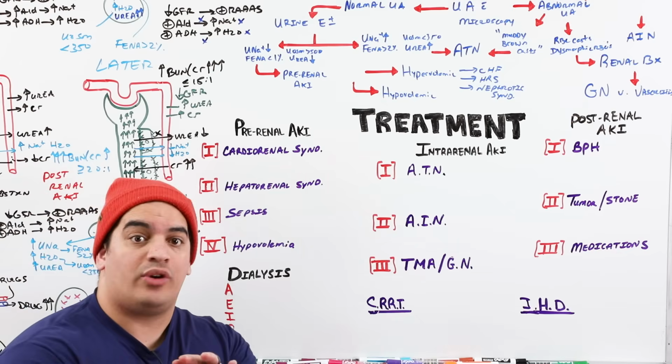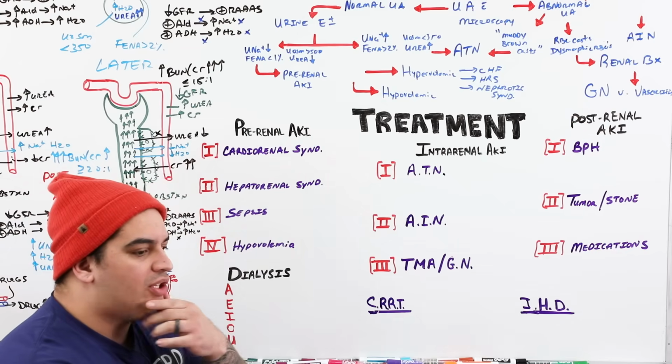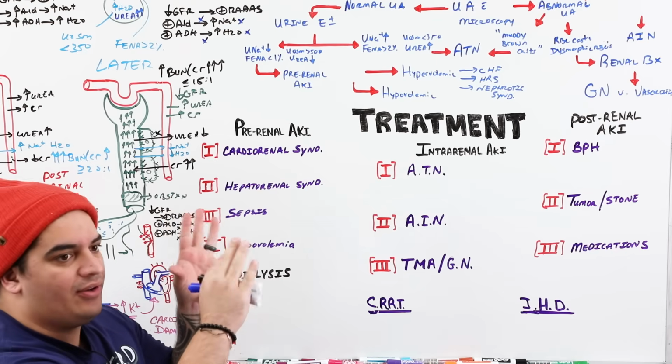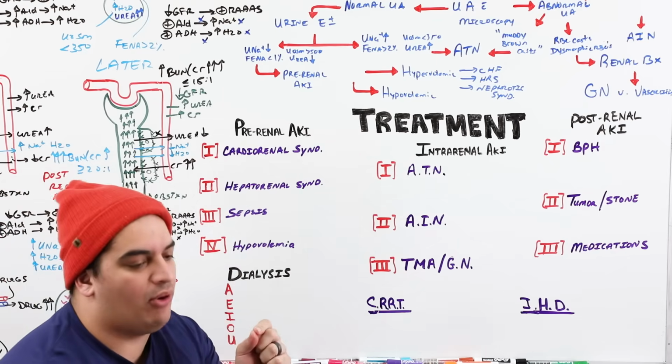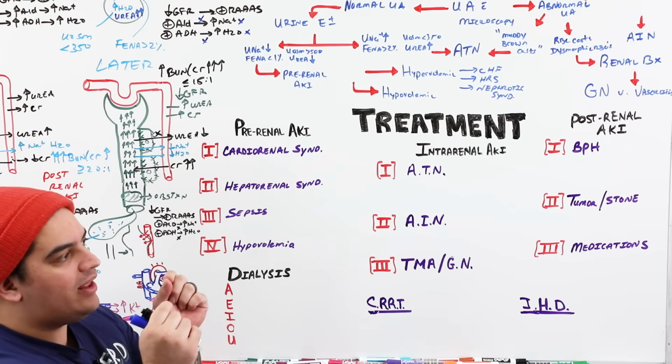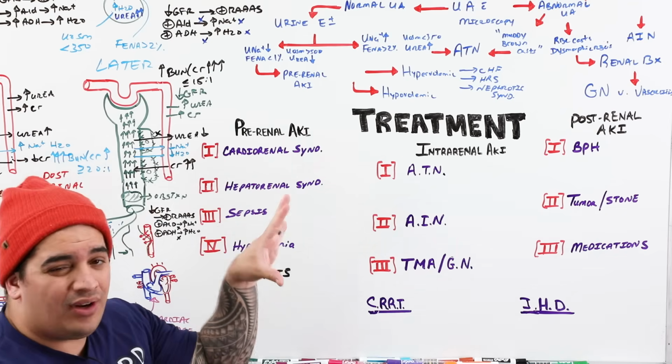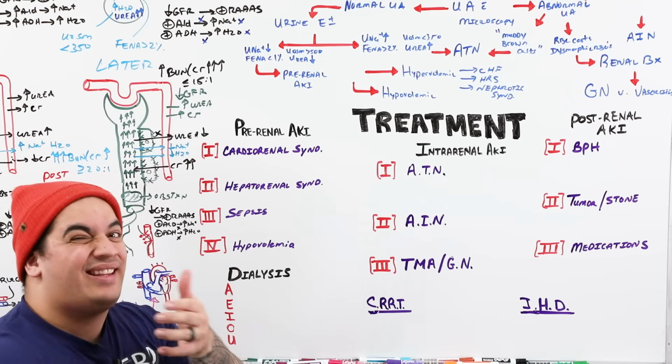All right, so let's talk about the treatment of acute kidney injury. Now, we talked about the diagnosis above. Again, keep in mind that when we talk about the diagnosis, this is the way that you would go about it in a textbook kind of way. That's not always the way that we actually go through in a clinical scenario. So remember, the urinalysis and urine electrolytes are not always used like that in the clinical scenario.